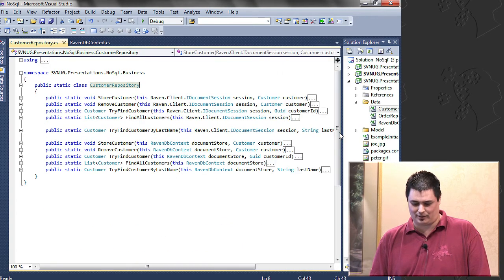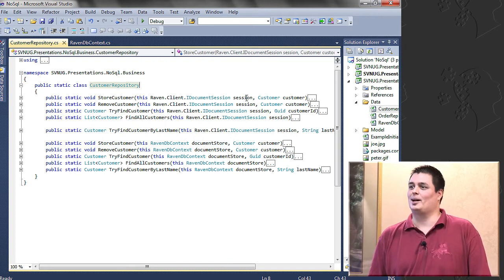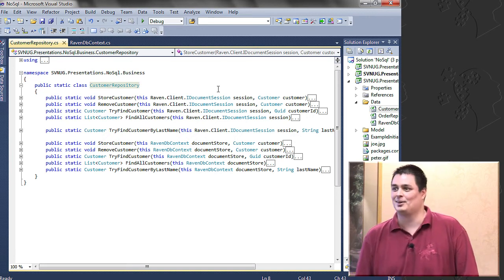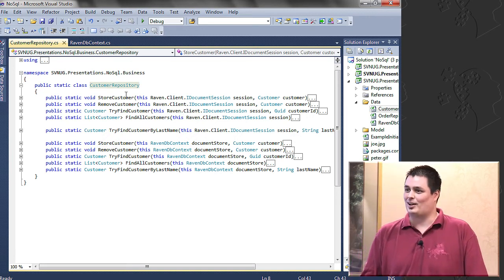So now to use it, we can go and look at a repository of sorts. Somebody mentioned they hated extension methods, so I thought, what greater thing to torture somebody than to create an extension method type repository pattern thingy. So that's what I've done. So to whoever, was that you? Yeah. Okay. So eat your heart out.